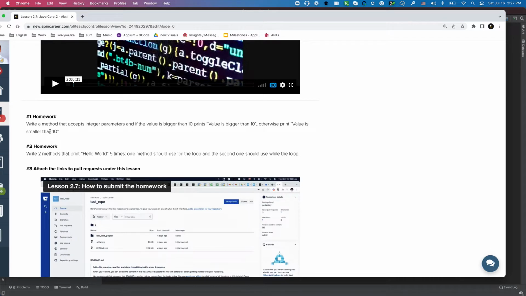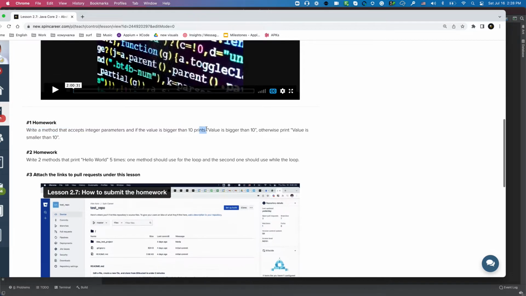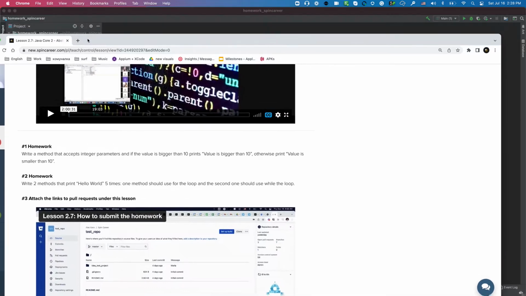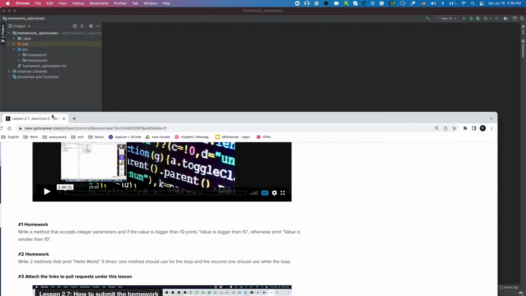On the next homework, write a method that accepts an integer parameter, and if the value is bigger than 10, print "value is bigger than 10." Otherwise, print "value is smaller than 10." Okay, so that's good. Let's